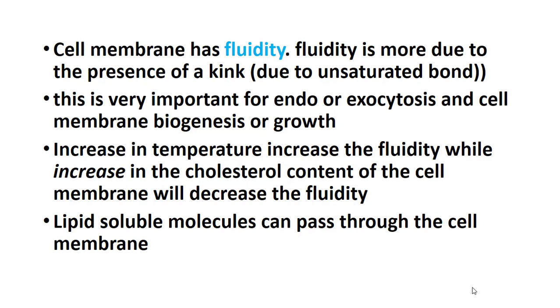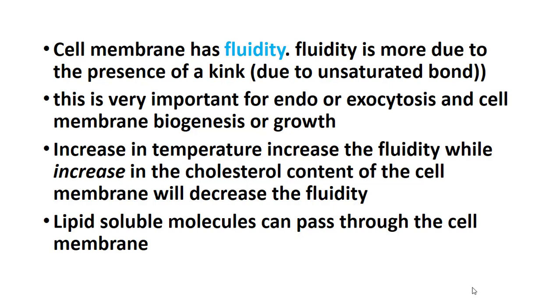These words, endocytosis and exocytosis, may be new. Endocytosis means when the cell wants to engulf or eat something. Suppose a bacterium or any other thing, the cell will send its membrane around it and ultimately surround that foreign body. Then it will engulf it inside and digest it. This process is known as endocytosis. Throughout this process, the cell membrane moves towards it and surrounds it, but it does not break down itself. It remains as a unit.